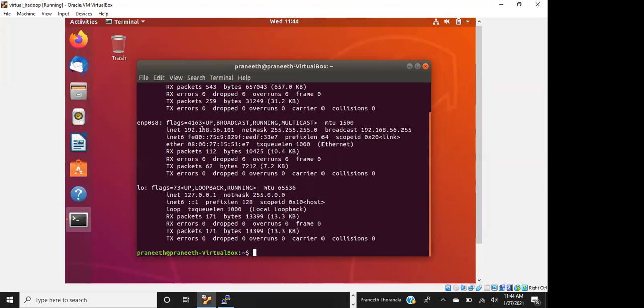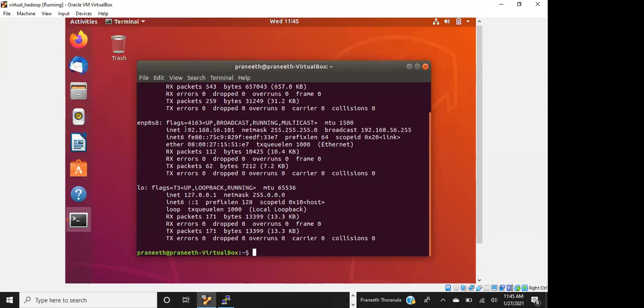Is this the inet or should we use broadcast? No, broadcast is generally the one ending in .255. You need to use the inet address only. Use that.